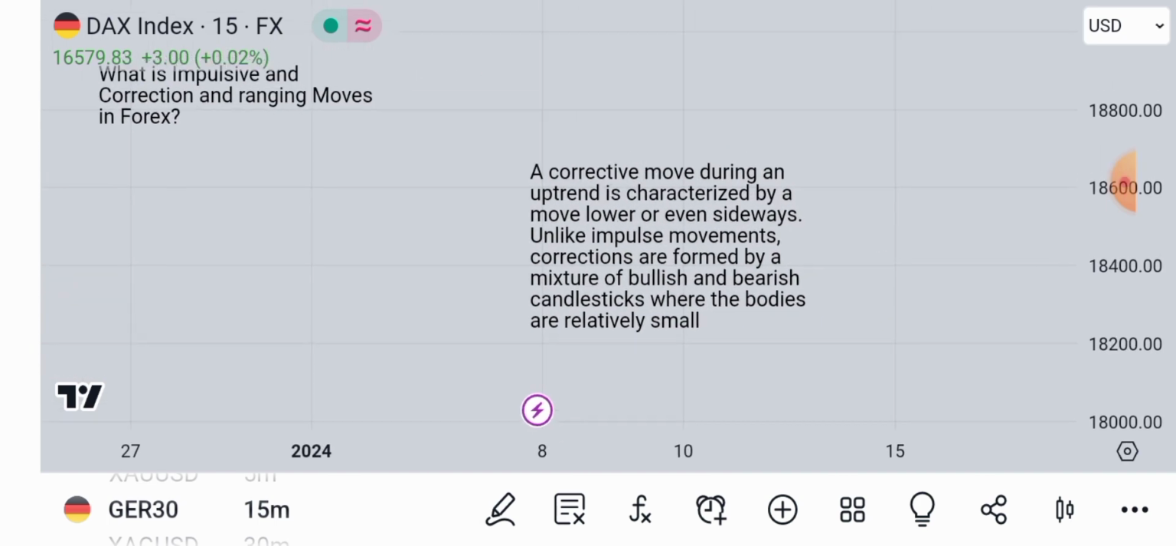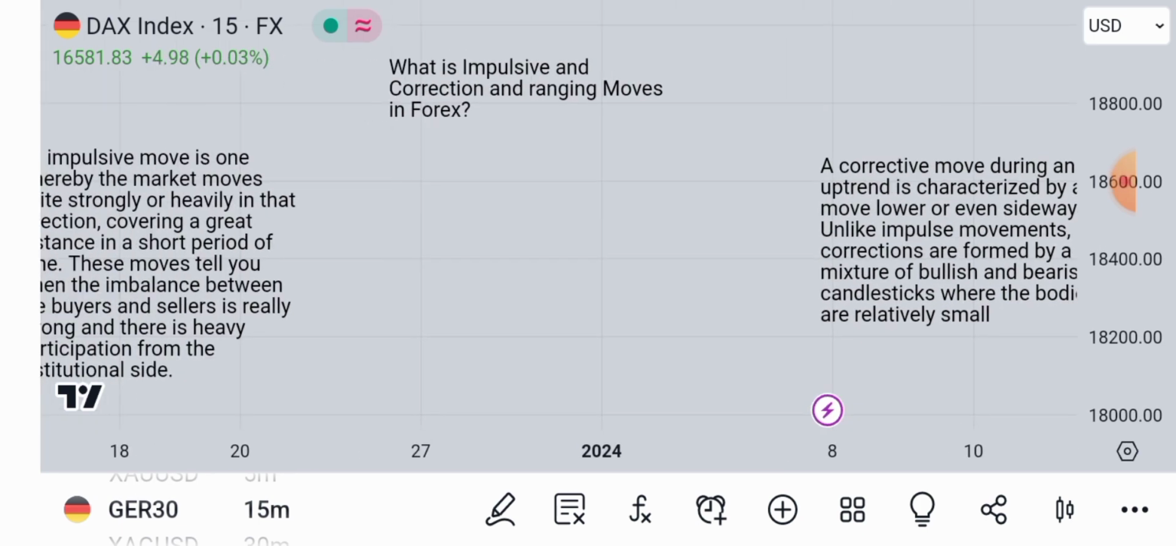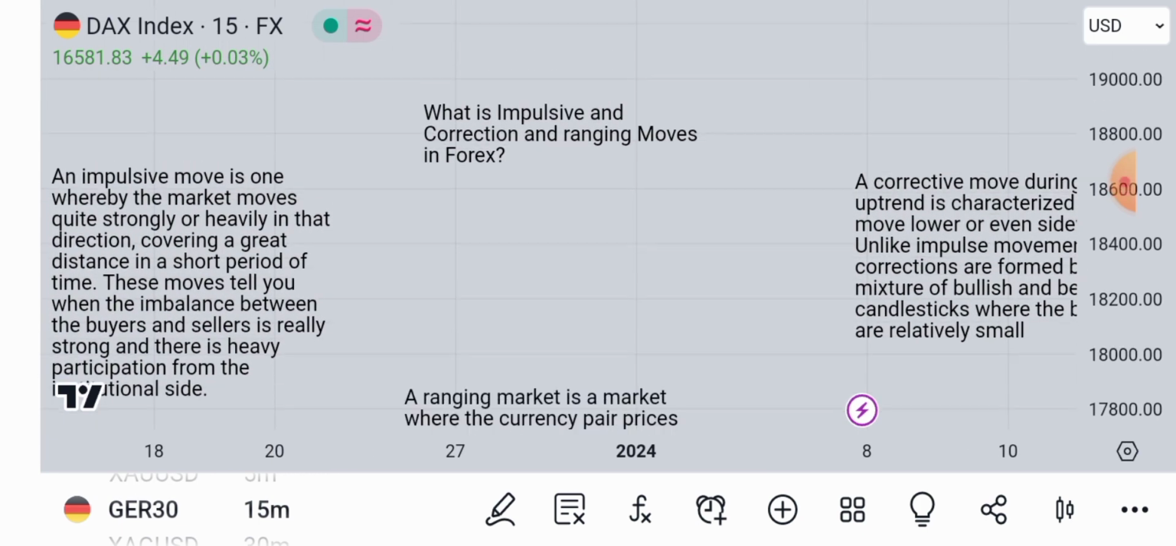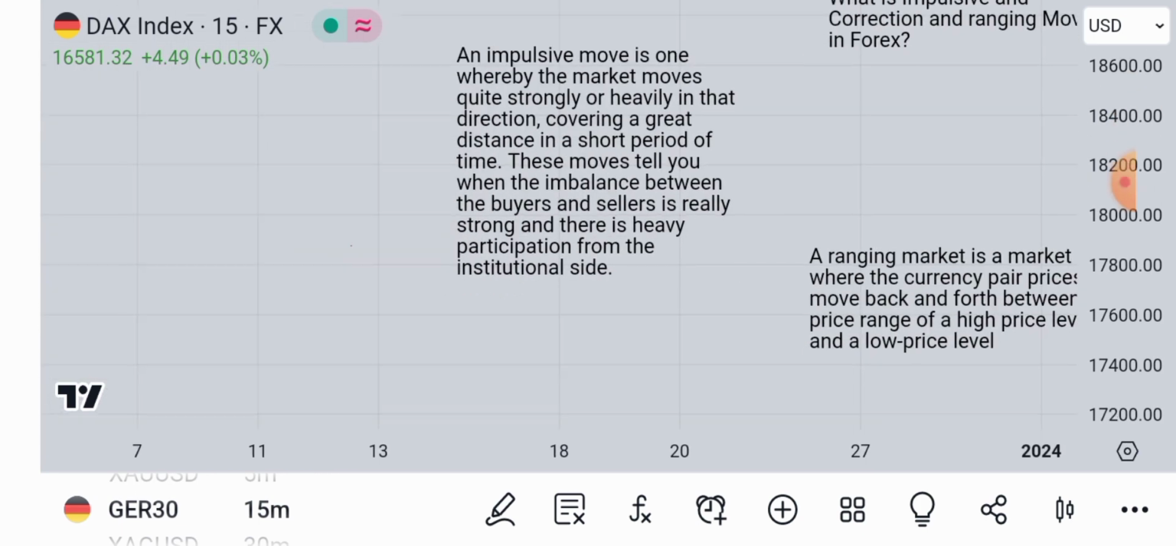Then moving forward to correction. A corrective move during an uptrend is characterized by a move lower or even sideways. Unlike impulsive movement, corrections are formed by a mixture of bullish and bearish candlesticks where the bodies are relatively small. Yeah guys, I hope you understand the theory part. Now we are moving to